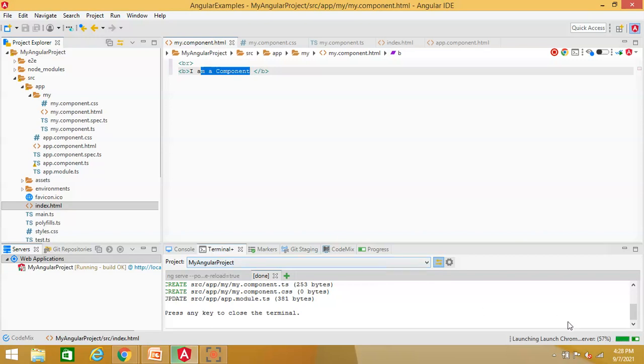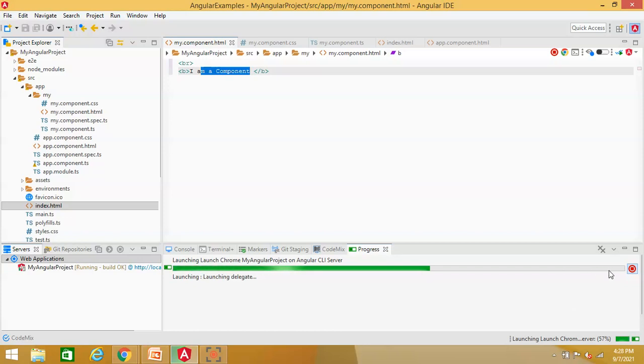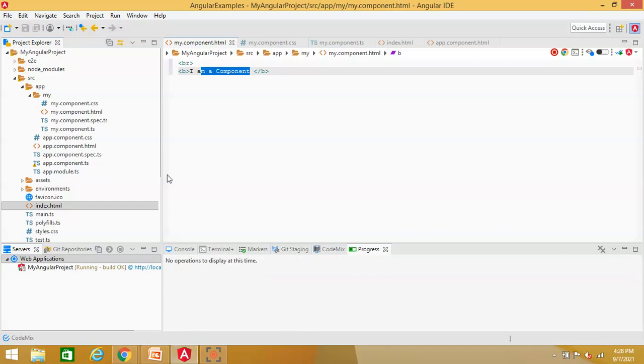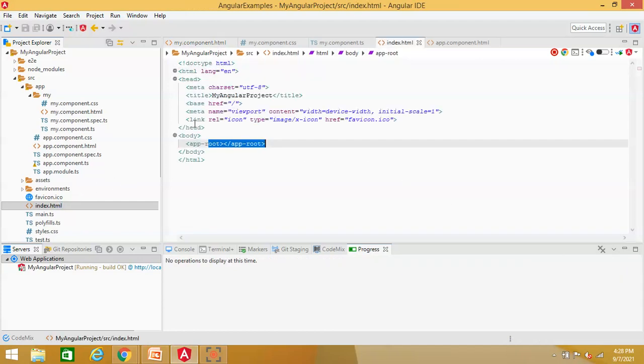Okay, I think again it's stuck. I don't know what happened. My Angular IDE is getting stuck on this one. So what I will do anyhow, I will stop it and I will run it once again. So instead of waiting,